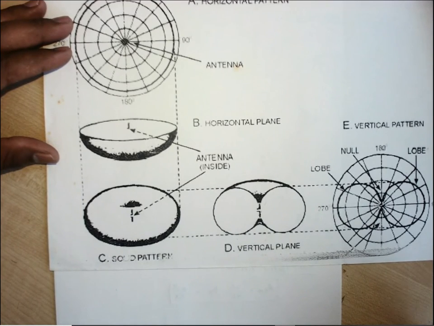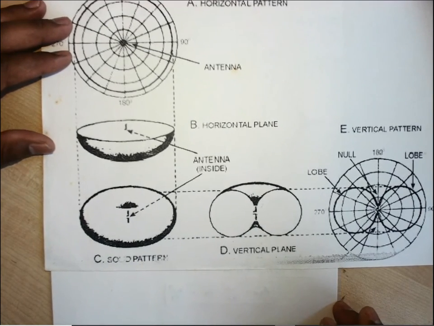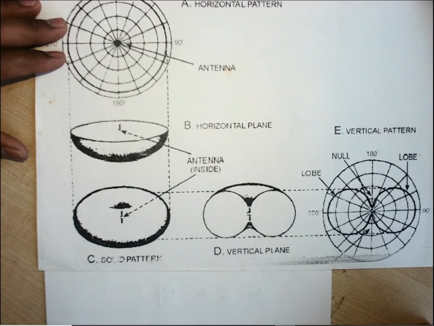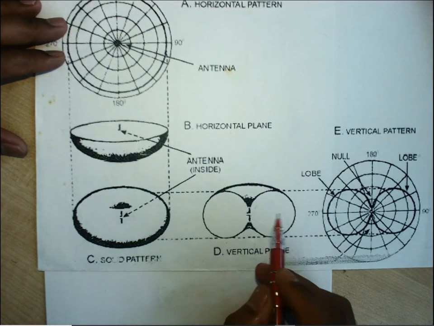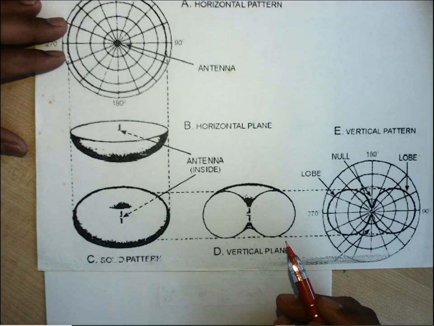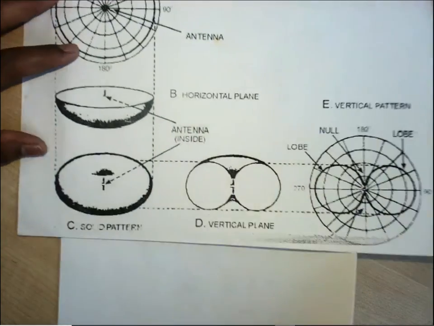Sir, the loop on the axis, if we move left or right along the x axis, then the size of the loops gets reduced. I'm not getting you. It's the 8 pattern. Yes. Sir, this pattern is at x equals 0. It's on the yz plane. It is at x equals 0.